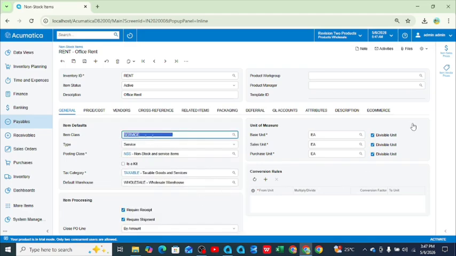So each unit of office rent. You can see the posting class is non-stock item, the category taxable, wholesale, and the base unit is each unit of the house, and so on and so forth. Then I can come here and save, and from there you have been able to create a non-stock item. From there, I would like us to walk straight and try and generate invoices for both the non-stock item and stock items. So what I would like first is to generate an invoice for the non-stock item,